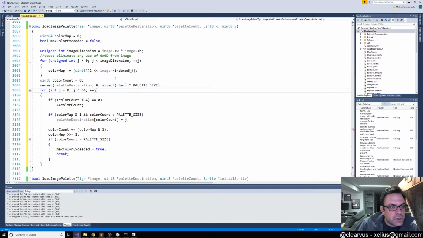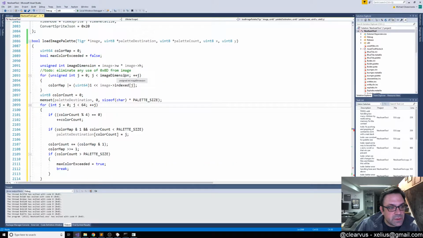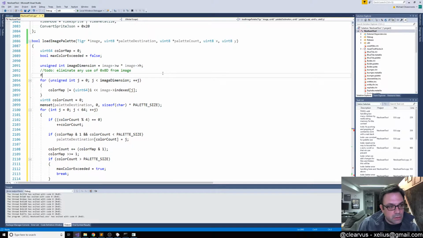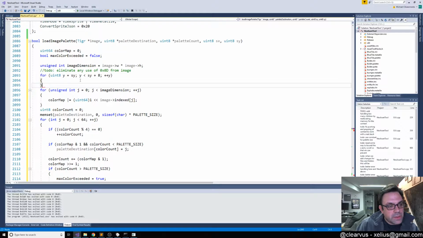Right, so we're going to iterate through the image, and instead of doing it through the entire image, we're going to instead go for uint8 Y equals 0, Y is less than SY plus 8, plus plus Y, and then